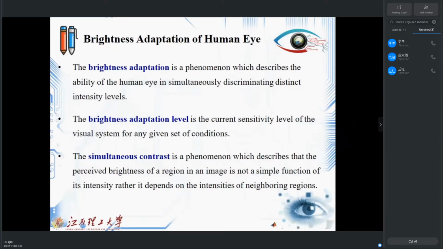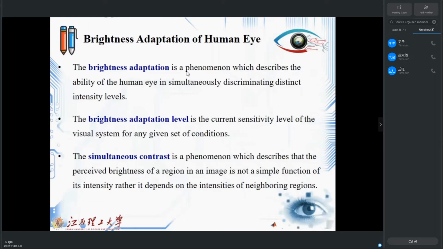It's important because if today you try to make one camera or any image acquisition system, how you should tune the brightness of the camera. Brightness adaptation is some phenomenon which describes the ability of our eye in simultaneously discriminating the distinct